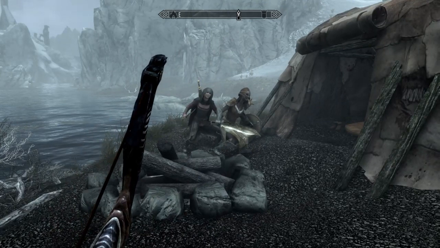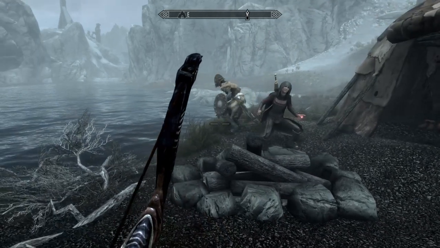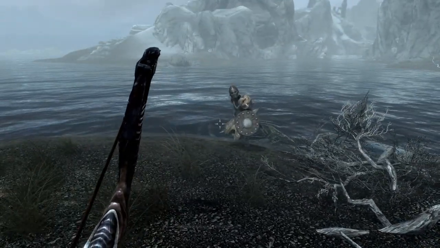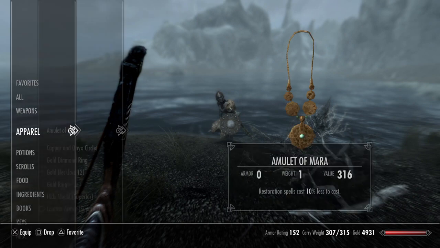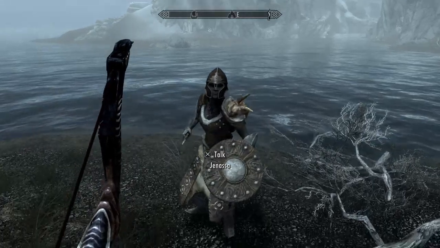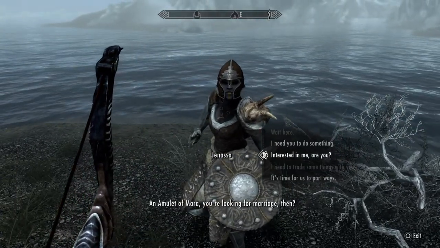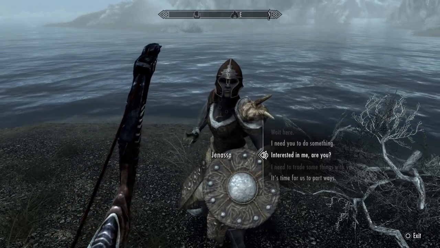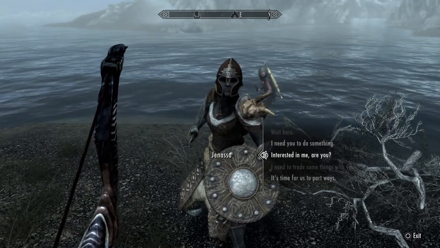In Janasa's case, because I've hired her and she's spent some time with me, I could put on the amulet and she would probably talk to me about marriage right now. In fact, let's demonstrate that. So if I equip this, and then I talk to Janasa. An amulet of Mara? You're looking for marriage, then? See, she says, interested in me, are you? And she just had a little comment there about looking for marriage. So, you know, since we're friends...